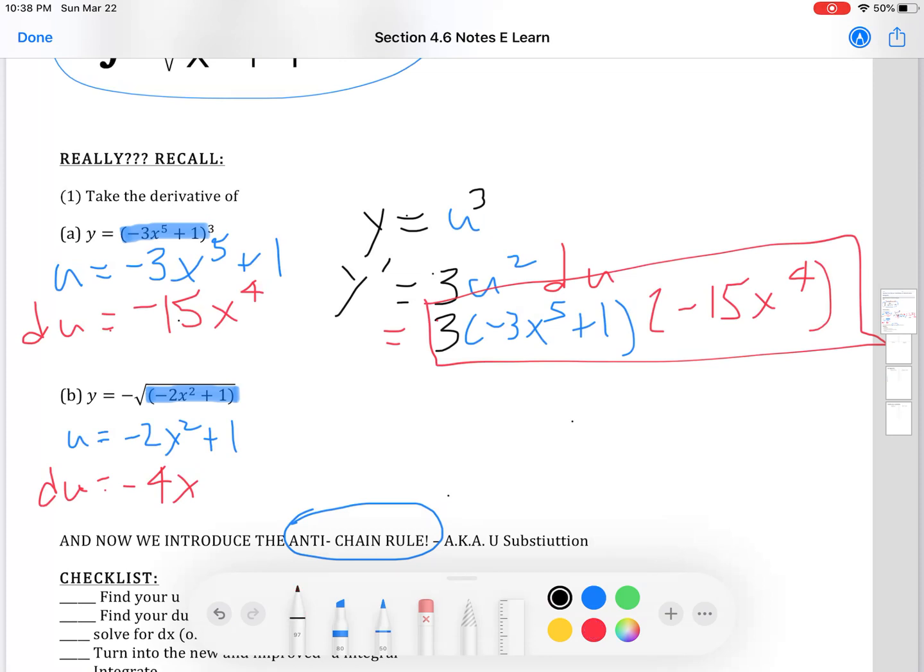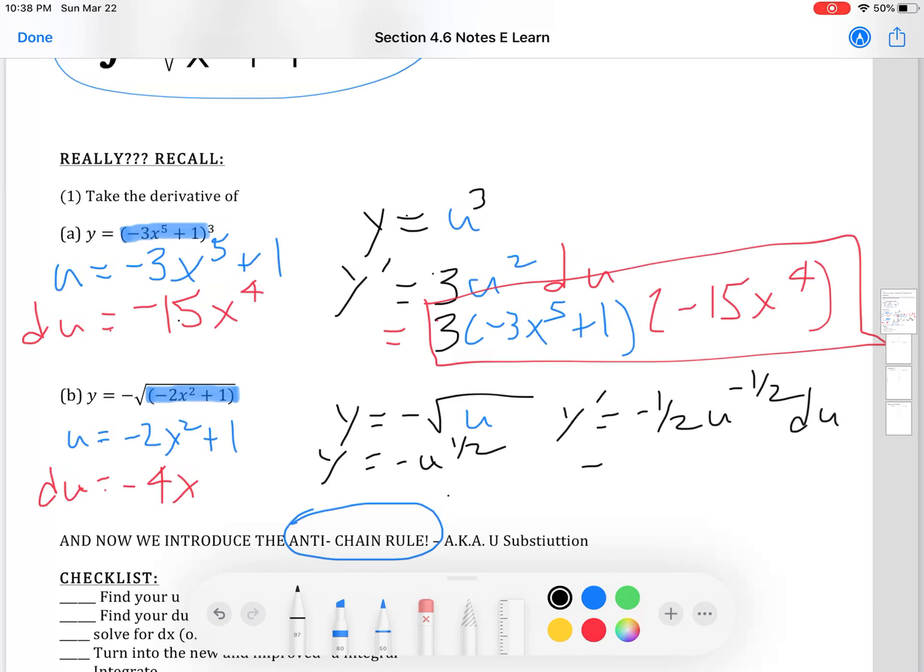So if our original function was changed to be in terms of u, we would write this as the negative square root of u. And I kind of like writing this a little bit better as negative u to the half. And if we took the derivative of that thing, we called it negative 1/2 u to the negative 1/2